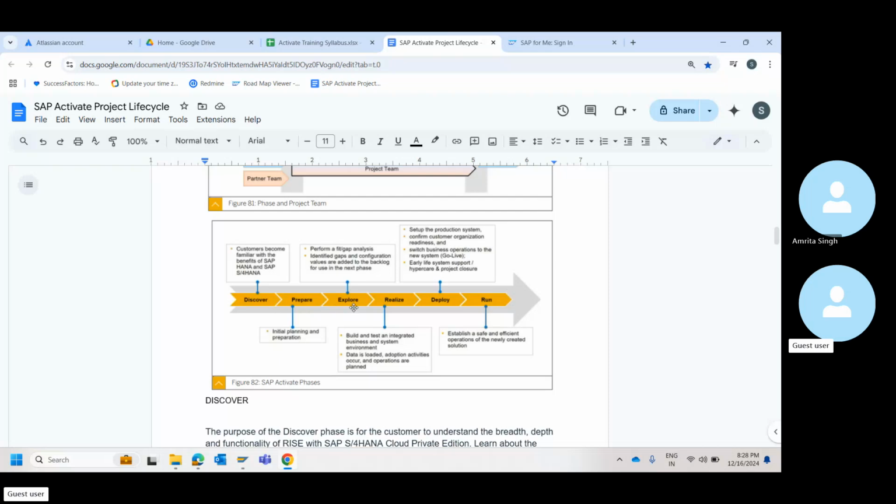Then as we move, explore phase. During the explore, as I told you, SAP is already pre-configured to an extent. It's something that is called best practices. You need not build the base in SAP. Base is always there. What you need to build is how many customers, the master data of the customer, and certain enterprise structure. I told you, right? Enterprise structure. So those things are the ones you need to build as part of the configuration part.